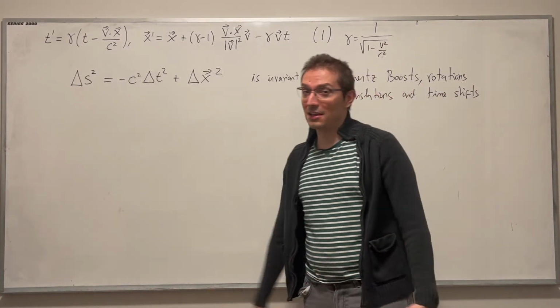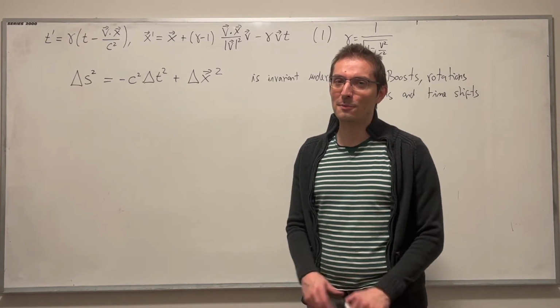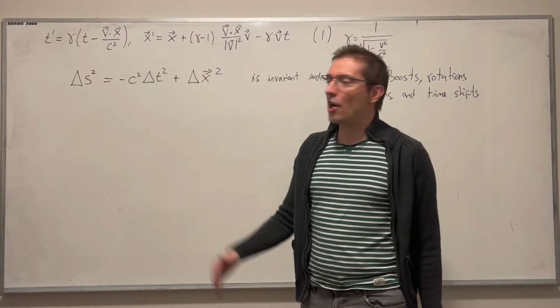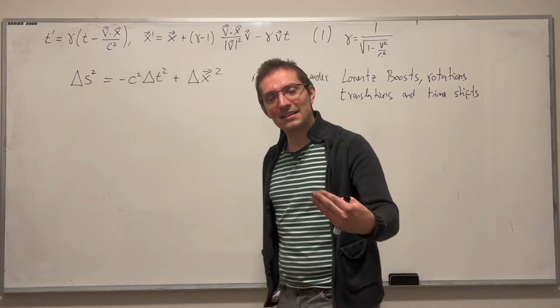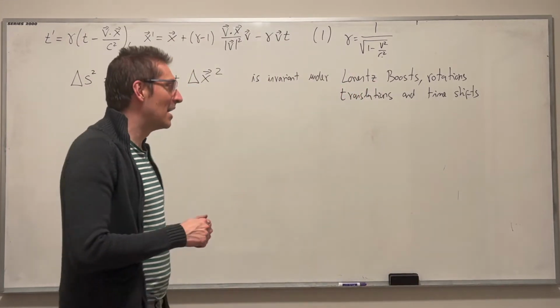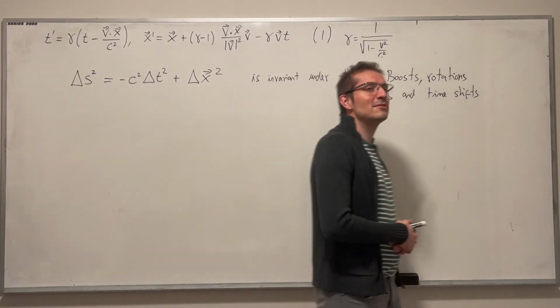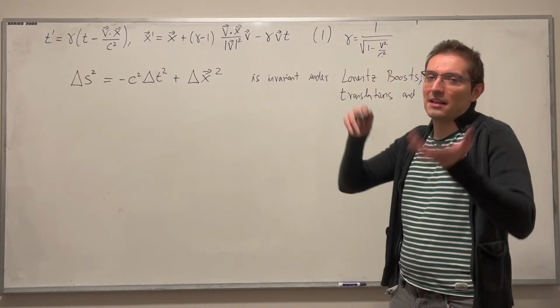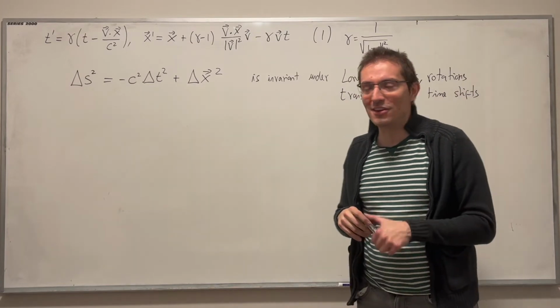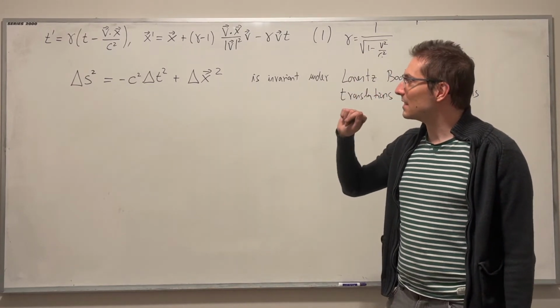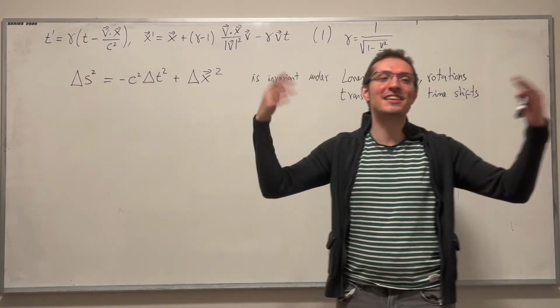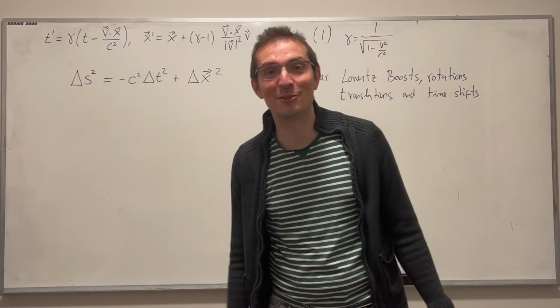And I didn't make a big deal out of that, but it's a bit of a big deal because there could be non-linear transformations. You can ask, are there non-linear transformations that work here? That's a question that I asked the first time I was taught special relativity, and the professor said, interesting, I don't know. So I tried, and it's easy to cook up a non-linear one. Let me give you a non-linear transformation that leaves this thing invariant and captures the same. It will actually be respectful of the postulates of special relativity.